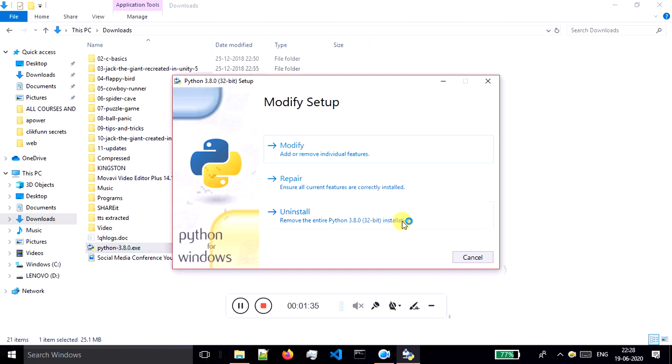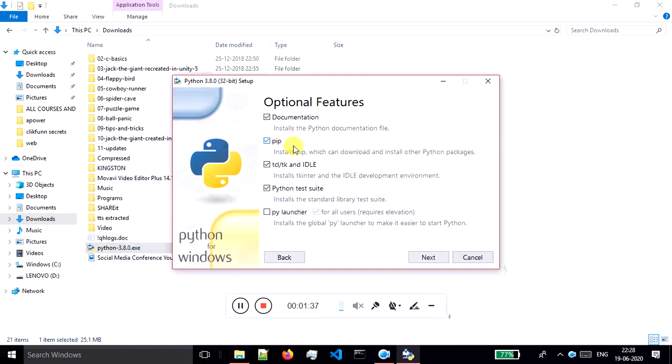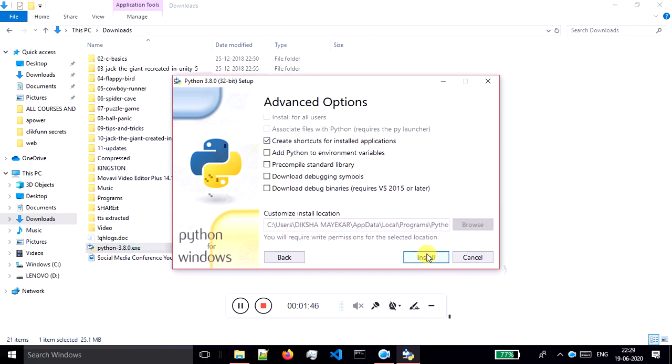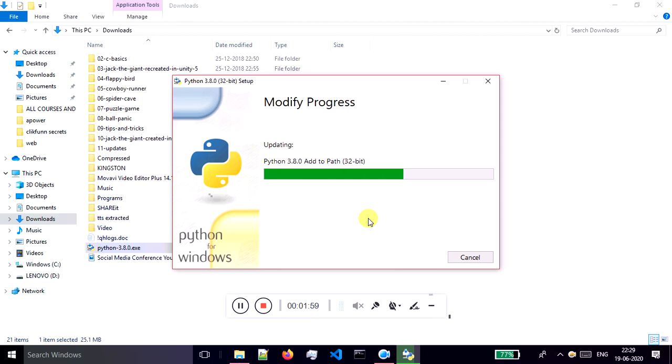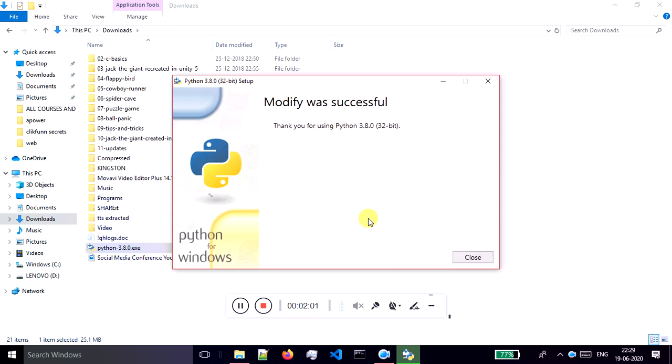So now what you have to do is you just have to click on modify if you're getting that error. Then just make sure that all of these things are checked. Okay, and click on next, and there is one more step over here which is add Python to the environment variable. This is important. If you're not doing this, then you will get a lot of errors. Okay, so now you have to click on install, and I think after this this should work. Click on close,